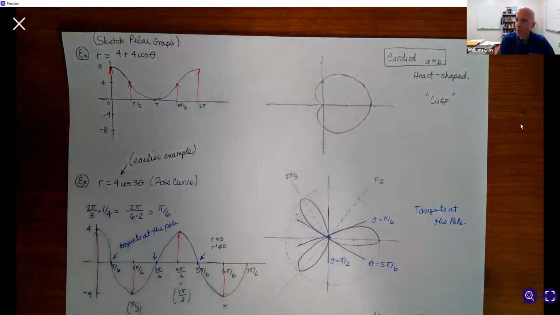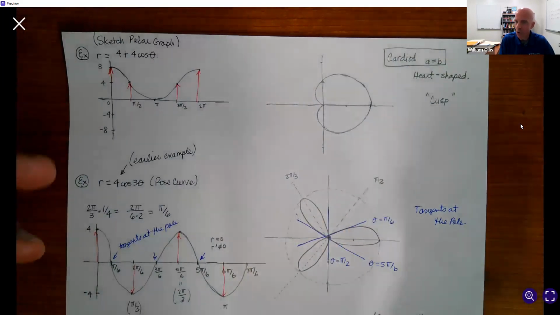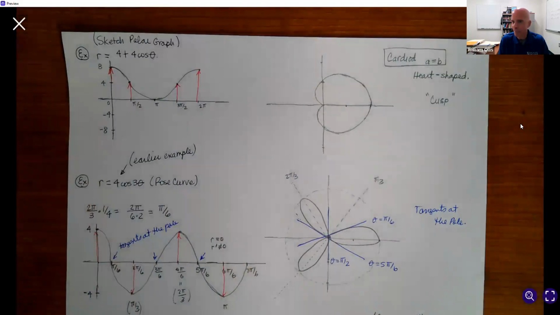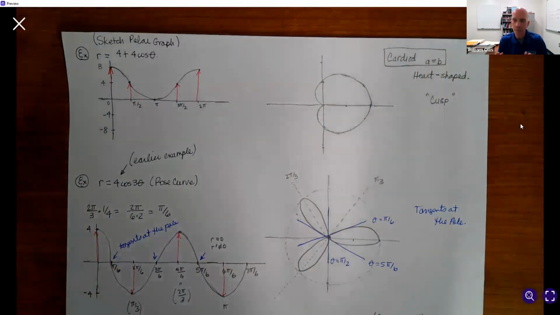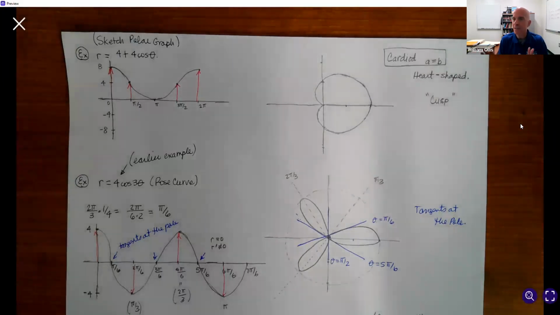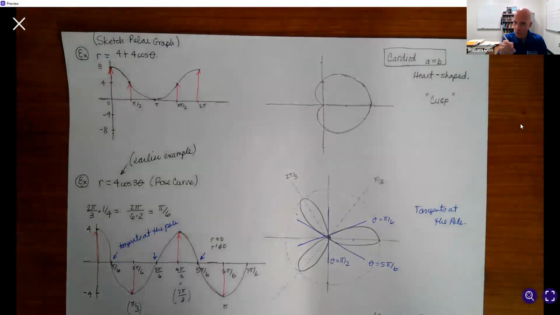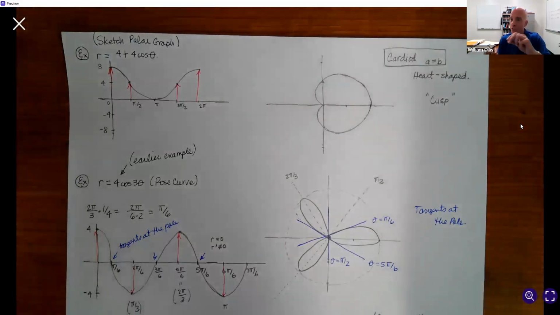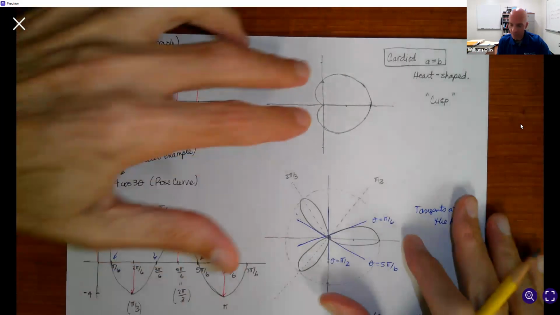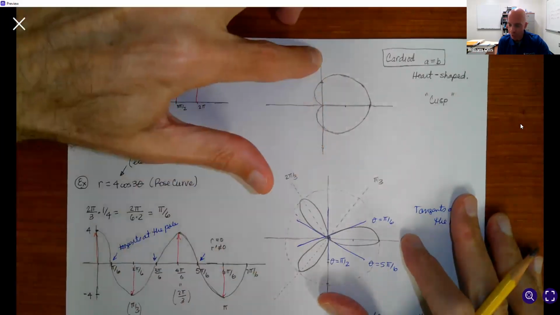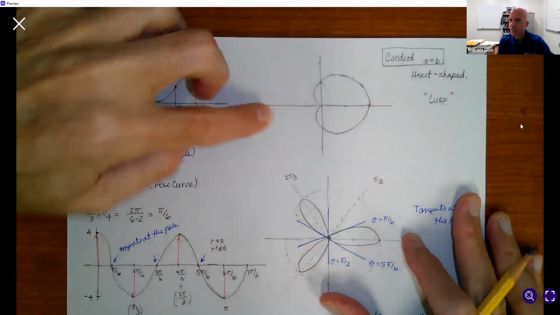So you want a reasonable sketch. And if your heart shape is too rounded, well, again, you're not looking for perfection. As long as the sketch is arithmetically correct in the sense of what you're doing as far as where you have intersections, for instance here, theta equal pi over 2 and the polar axis,